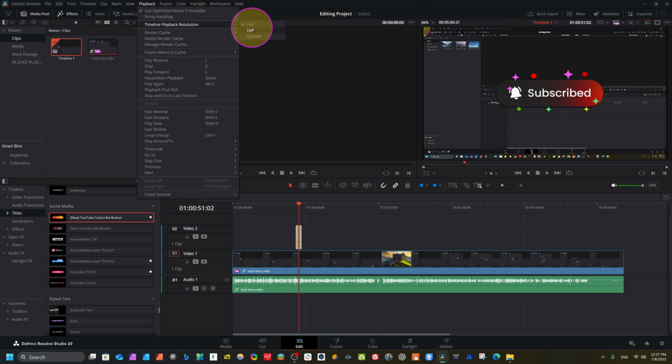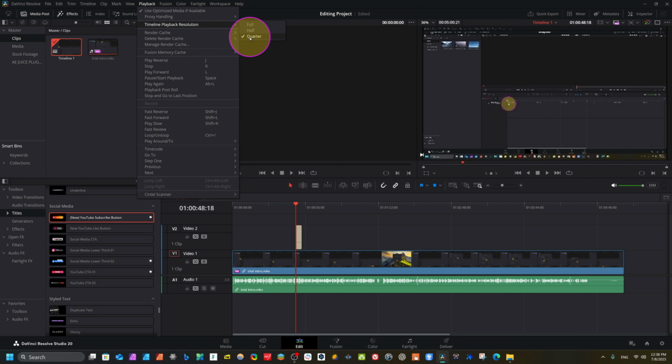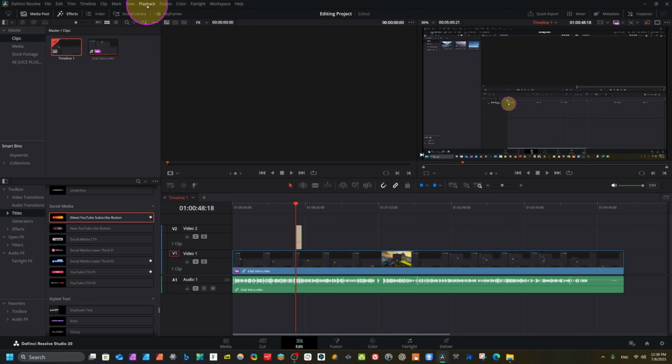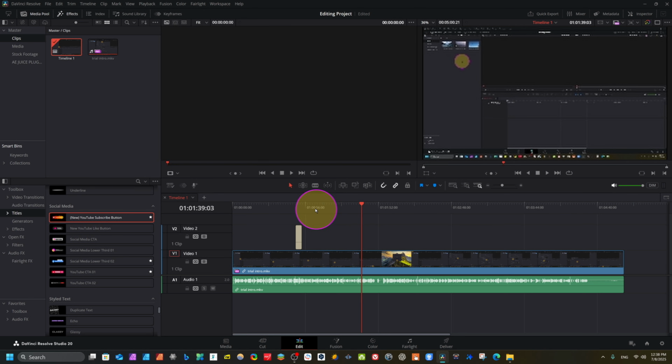So just come here, and I always use this quarter. I don't use half because I have only 6 core 12 threads in my PC. I have Ryzen 7600X. This is a mid-range PC. Performance is not bad. For DaVinci Resolve, I have to make such type of setting for smooth timeline operation. You see quarter, I make it quarter, it will work very fast now. So this is the second, always use this playback timeline resolution, always use quarter. I don't recommend you to use half. When you have lots of effects, then go to full to see only while color grading. And when you return for editing, again you just click quarter here. Okay, this is our second step.